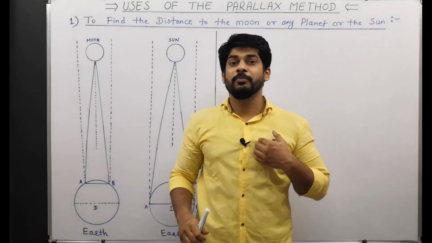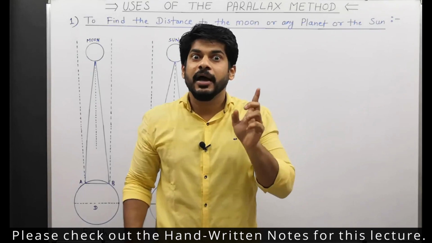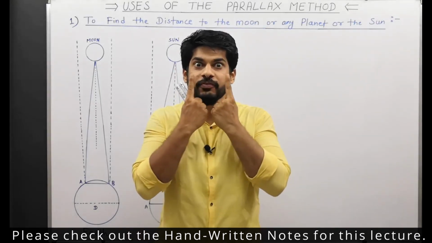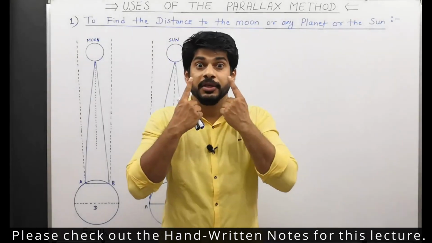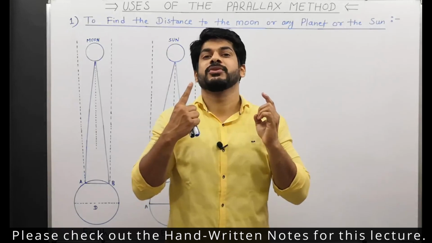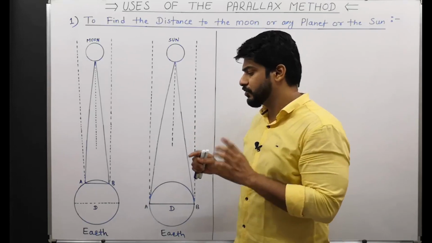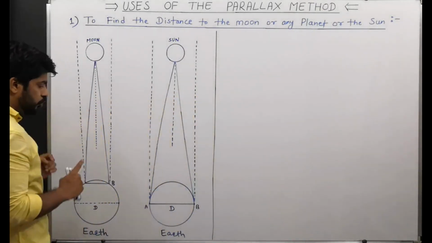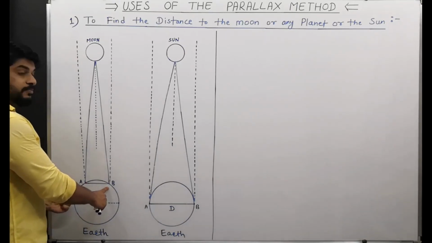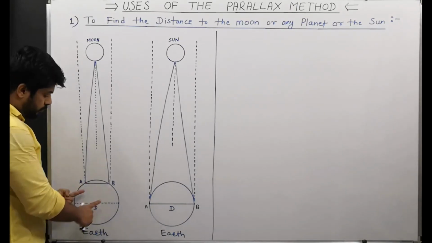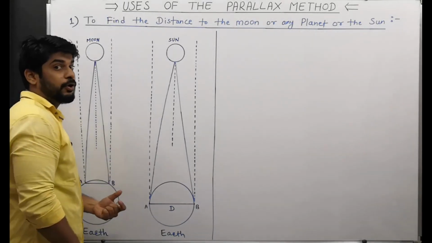So see here, for the parallax method, we require a nearby object, a distant background object, and not only this, we require two different points of observation, just like these eyes. They are the 2 points of observation. So over here also we require 2 points of observation. Now here you can see I have chosen on the Earth's surface 2 points A and B as the points of observation.